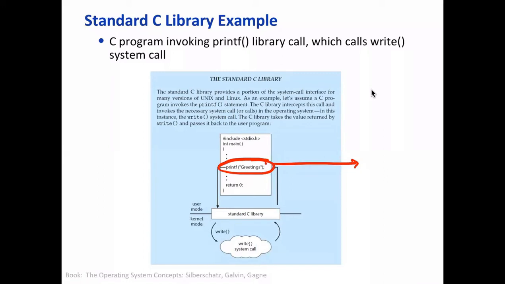Now these hardware resources are not accessible to a user process, so it will make a system call. printf is part of the standard C library, which in turn will make a system call called write, and the OS will do the job. Once the system call is complete, control comes back to the same process.